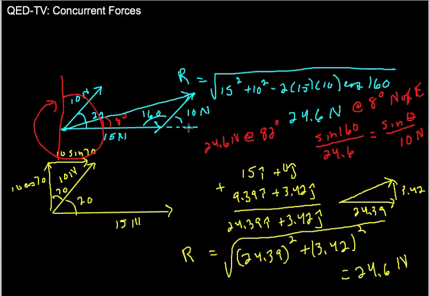In the next video, we'll use the same problem, and we'll talk about figuring out the equilibrant to bring this all in equilibrium. Because right now we have a resultant force, and according to Newton's second law, F equals ma. So if you have a net force in a certain direction, like we do right here, going along this way, then that means this object right here is going to be accelerating in that direction. Well, what if I don't want it to be accelerating? Well, in that case, I'll need to figure out what force should I put on here so that it does not accelerate. And we'll look at that in the